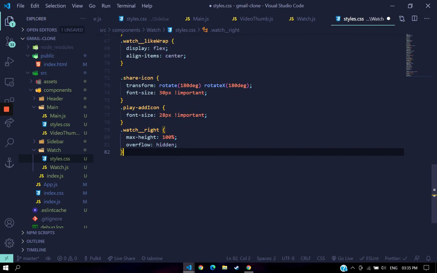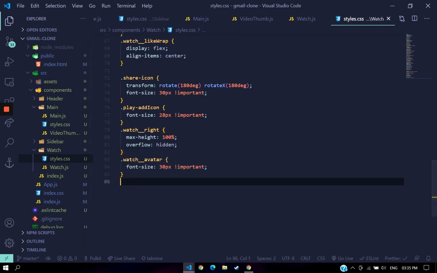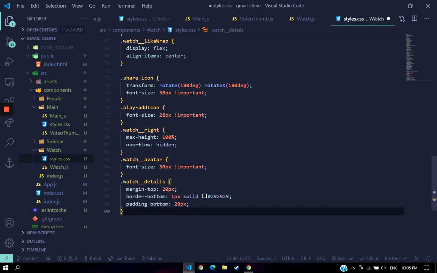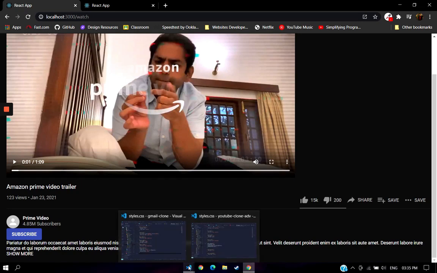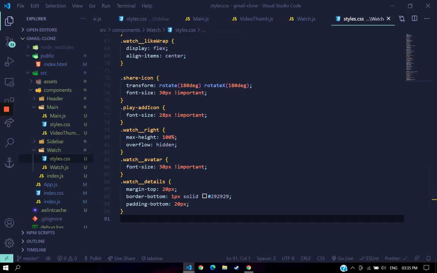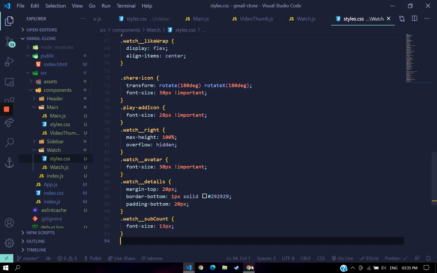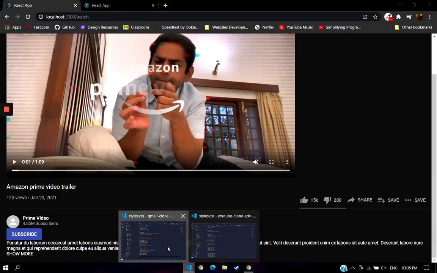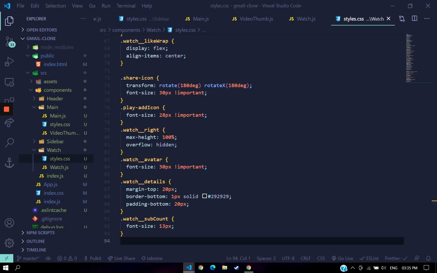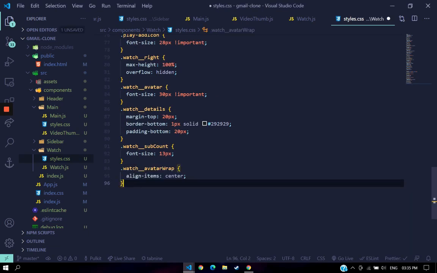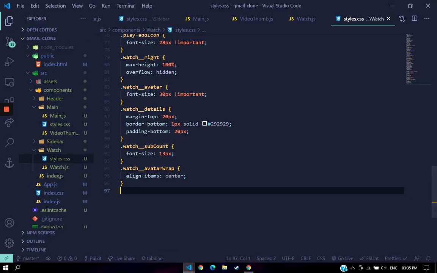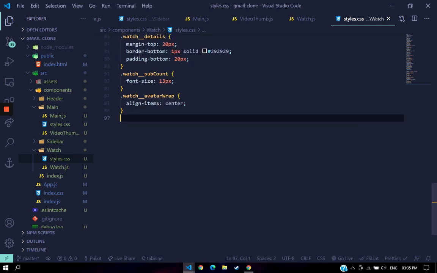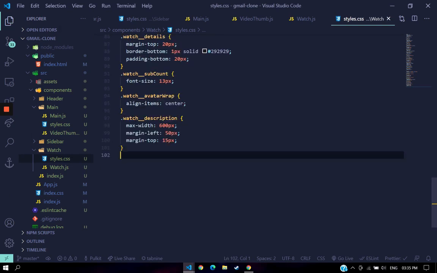So to our avatar we are gonna give a font size of 30 pixels, which is important. And to our watch_details we give some margin right and simple borders, right? Looks better, much cleaner basically. And then here to our sub count we are gonna give a font size of 13 pixels, right? This way. And then to our avatar wrapper we are gonna give align items to center. This aligns them centrally. And then to our description we are gonna give some maximum height, margins and margin top,